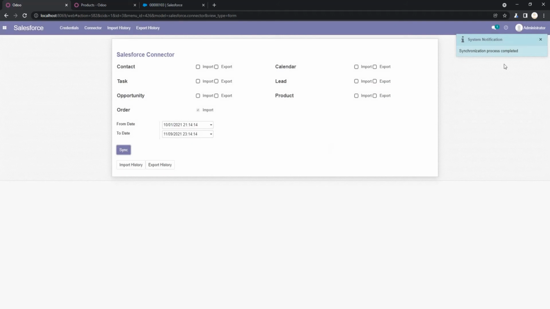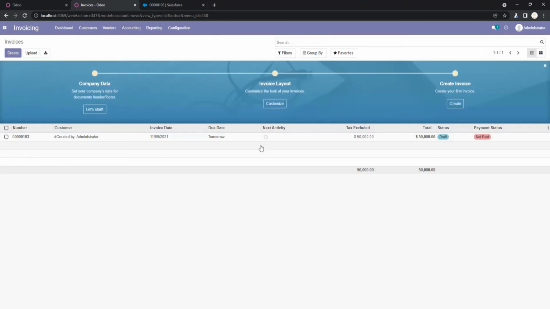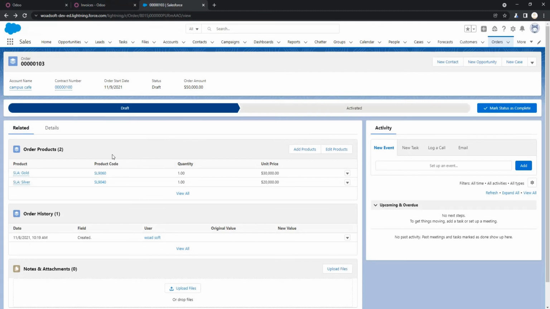So the process is completed successfully and we can check out from the customer, and here is the invoices. So as you can see the order is created successfully. Okay, as per the status that we are giving in Salesforce.